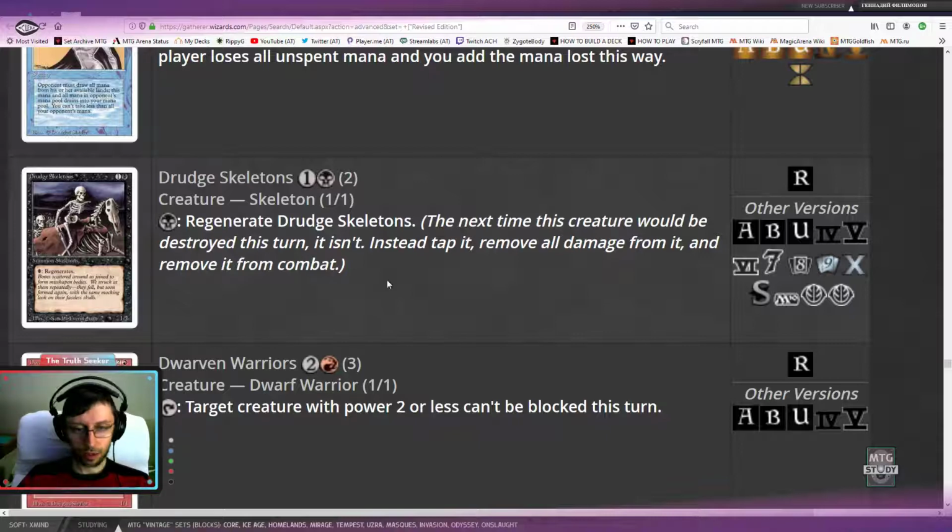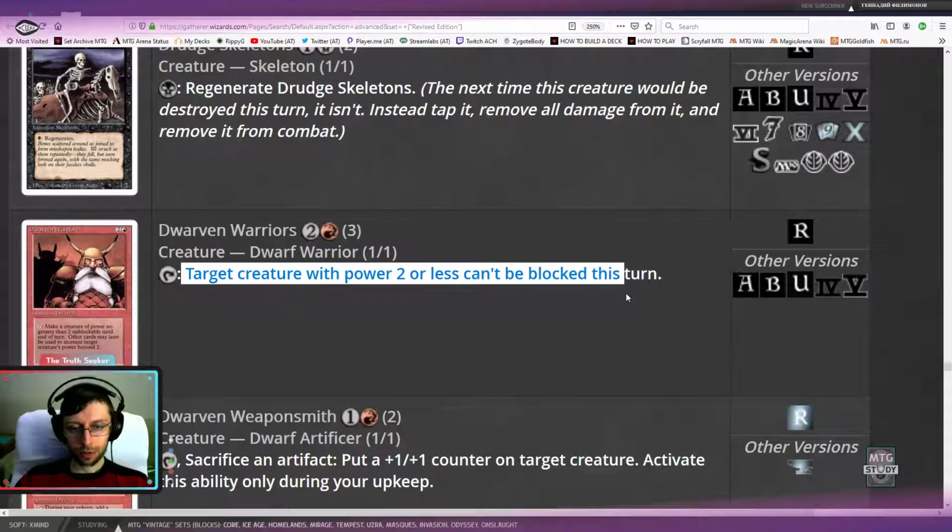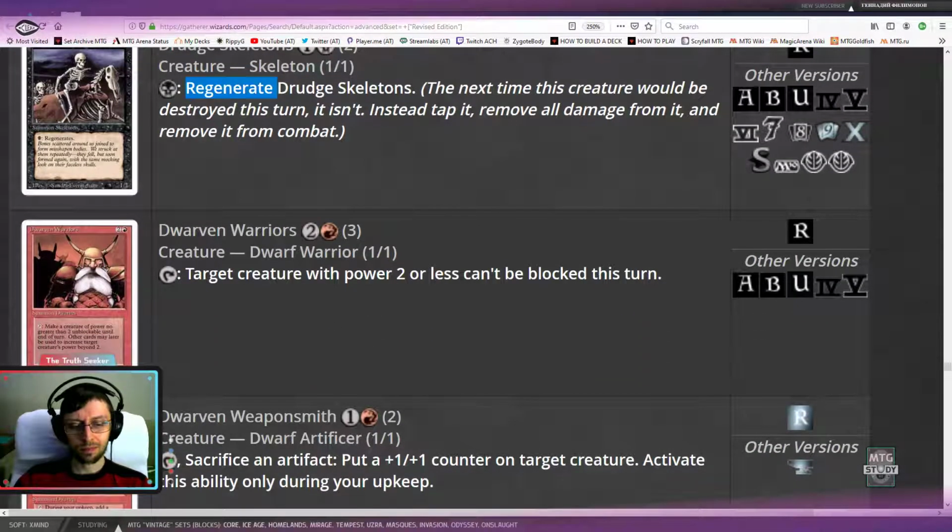Because of this, I'm trying to go a little bit quicker, because again, I don't want to spend too long on Revised. It has too many cards in it that we could spend probably more than a month doing, maybe even two. So in order to not prolong this experience, I want to go a little bit quicker. Regenerate the skeleton: the next time this creature would die, regenerate it. Again, we talked about regeneration, it's already covered. Target creature with power...